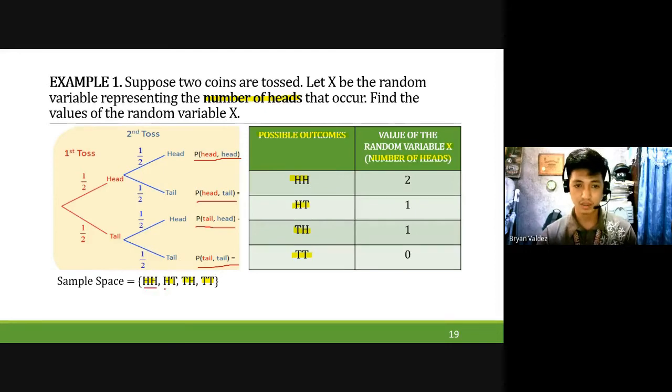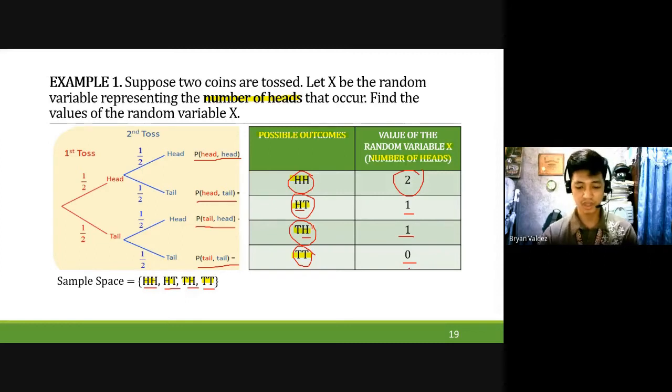1, 2, 3, and 4. So, in the first possible outcome, bilangin natin ilan yung heads na lumabas. So, 1, 2, kaya siya naging 2. And then dito sa second possible outcome, since meron tayong isang head, kaya siya naging 1. The third possible outcome, meron tayong isang head from the second coin, so that's 1. So sa fourth and last possible outcome, tail and tail yung lumabas, so wala tayong makitang head, so that is